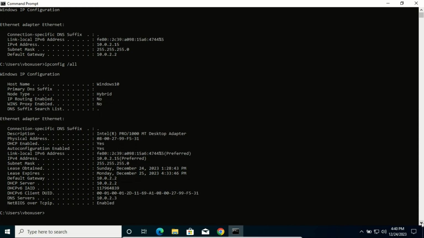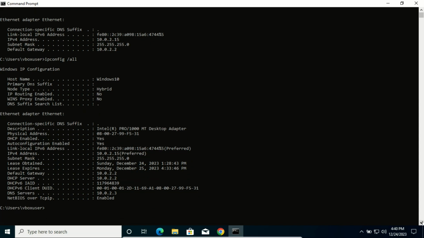As you can see, we both have IP version 4 and IP version 6 addresses. This is called dual stack. Dual stack involves running both IPv4 and IPv6 concurrently on network interfaces and network infrastructure. Dual stack is a transitional strategy that facilitates the coexistence of IPv4 and IPv6 during the migration from IPv4 to